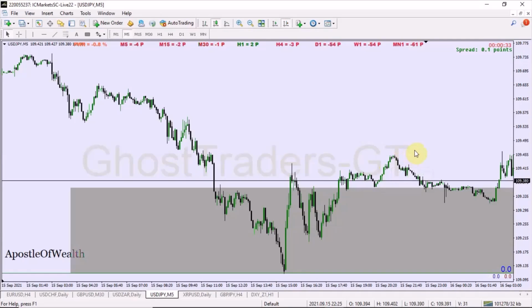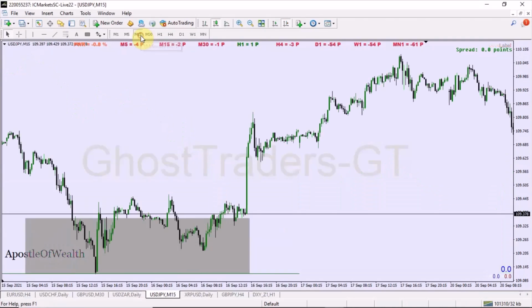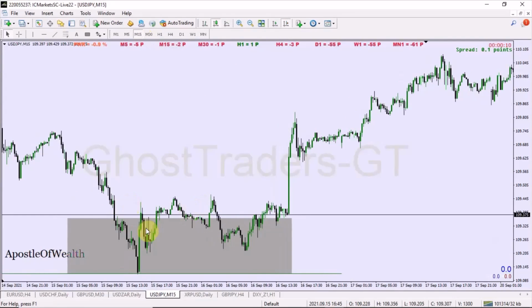If you are afraid of your risk being huge, you can just wait for something like this. Price gives you something like this and it gives you an entry. If you look at 5 minutes, it might not be clear where we can get the entry, so let's go to 15 minutes. If you look at 15 minutes, you get to see that we have something so interesting here, which is an